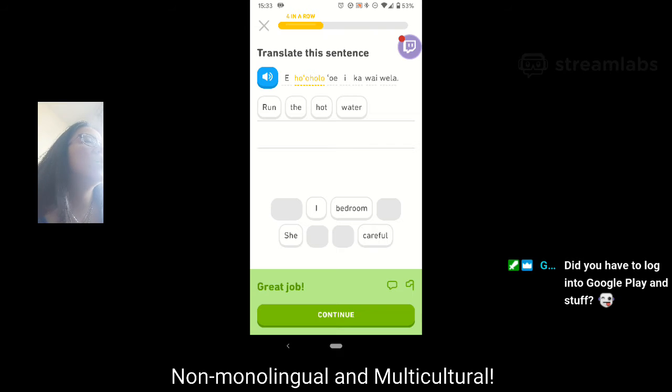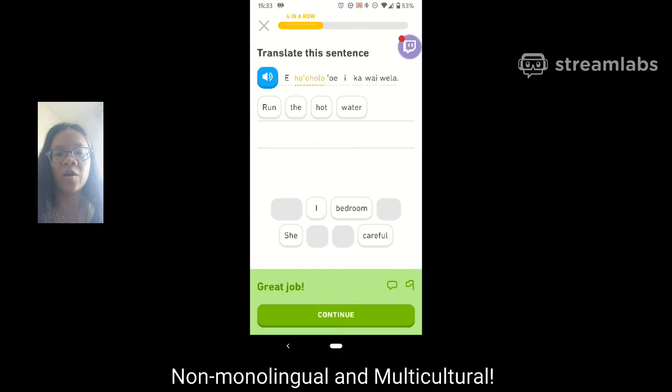Did I have to log into Google Play and stuff only to use the phone? Well, you can run the emulator and start up the phone, but if you want to use stuff on the phone part in the emulator, yeah, you need an account.